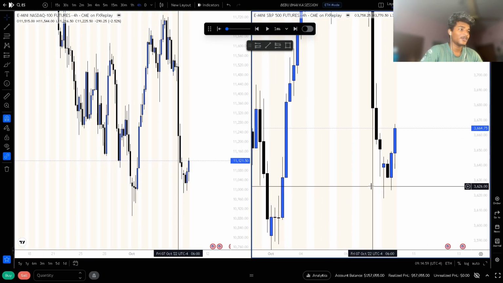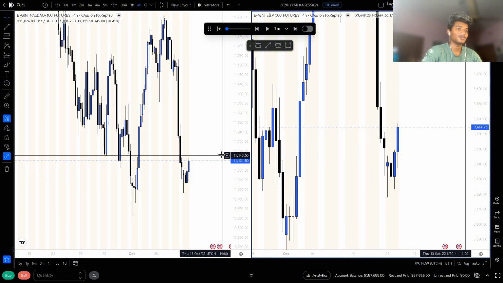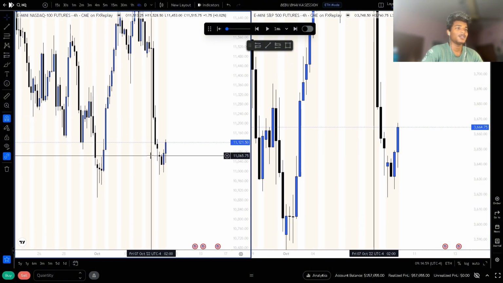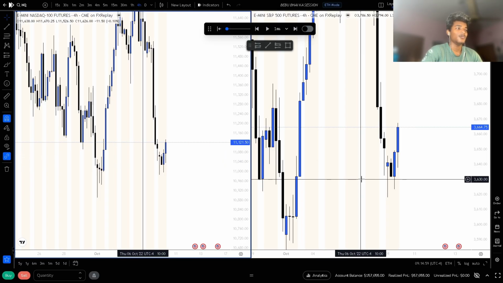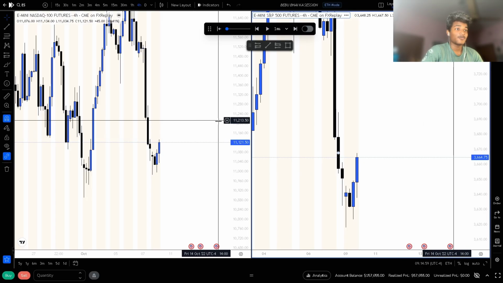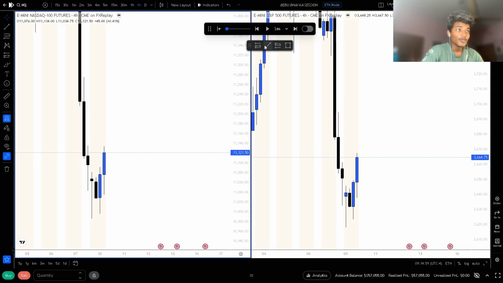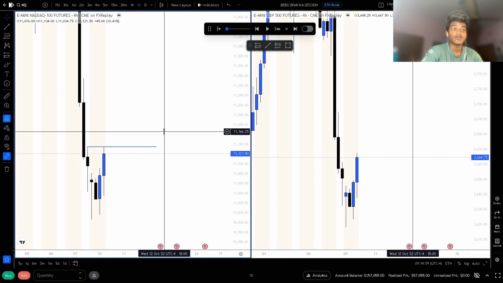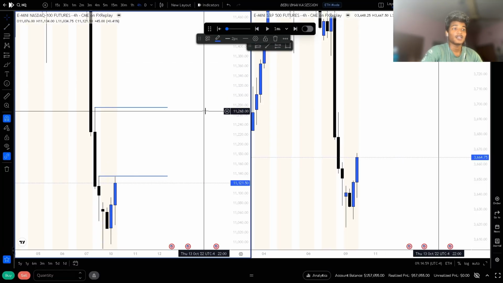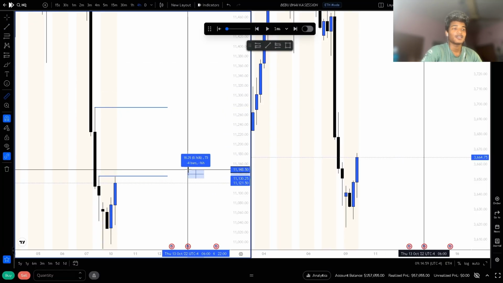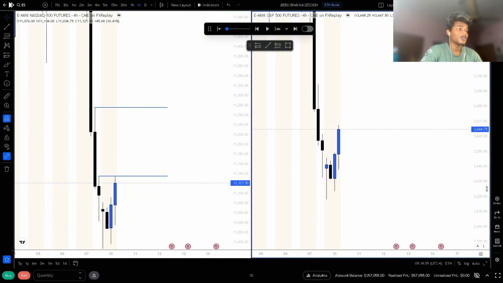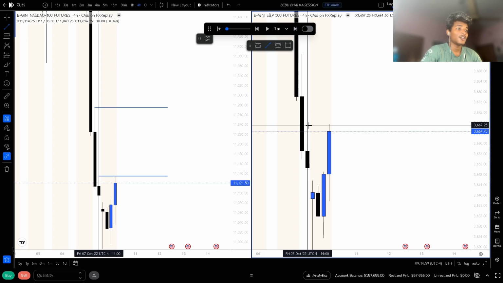I have become very patient because I don't know why. So 4 hour is looking bearish on NQ but bullish on ES. We still have many gaps to reject us from as well. So we have this 4 hour unmitigated gap and this 4 hour unmitigated gap. So the market may just retrace into this or may retrace into this gap as well. So overall I am higher time frame bearish,